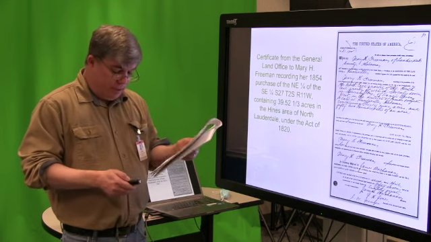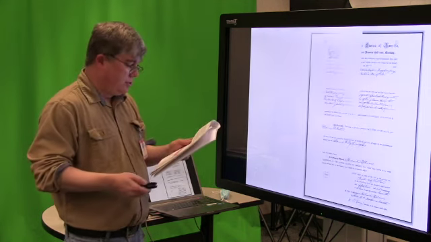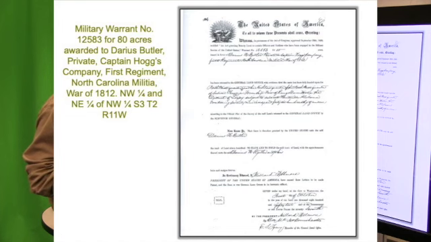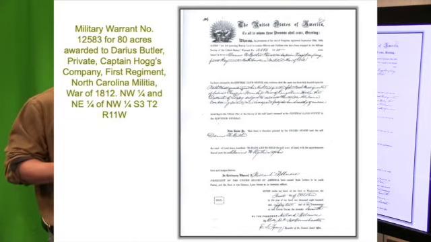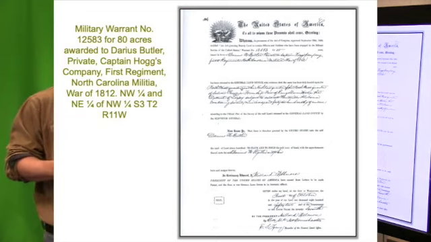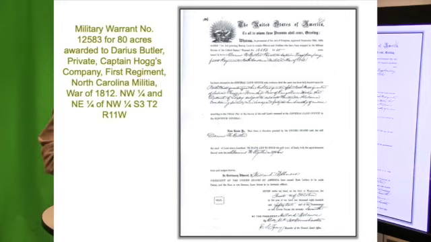From the local point, initial point, we talked about this as another, which I forgot I'll put in here. This is a military warrant. This is basically where, for military veterans, for certain wars in certain years, rather than pay out pension money, they paid them with land. So if you had a Revolutionary War ancestor, or an ancestor that served in one of the Indian Wars, or the War of 1812, they may have applied and received a bounty land warrant.